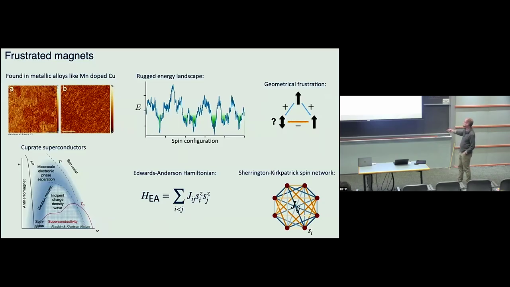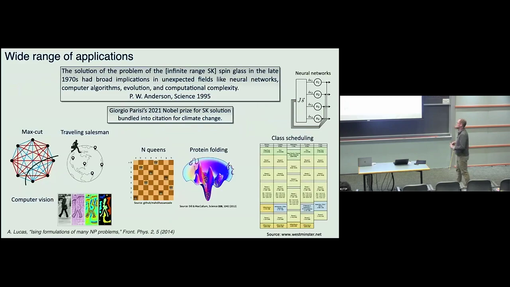So some are blue, some are orange, that's positive and negative, connecting the spins. All right? So this spin glass system is very, very deep, not just from a statistical mechanics standpoint, but also kind of points to a wide range of different applications, different communities have thought about this. Phil Anderson in the 90s said that the solution of the problem of the infinite range SK spin glass, that's this all-to-all connected network,